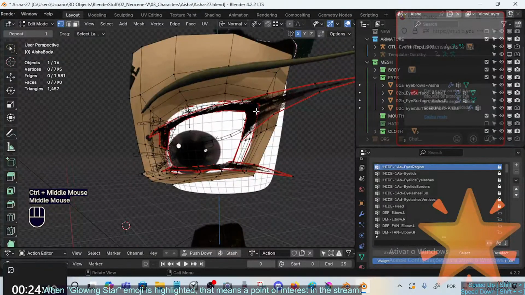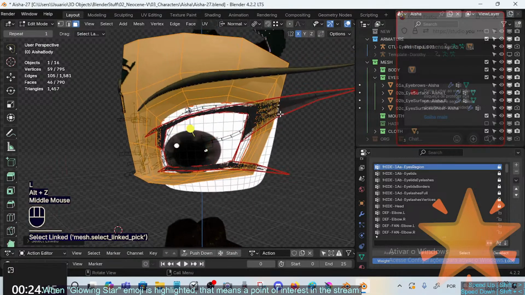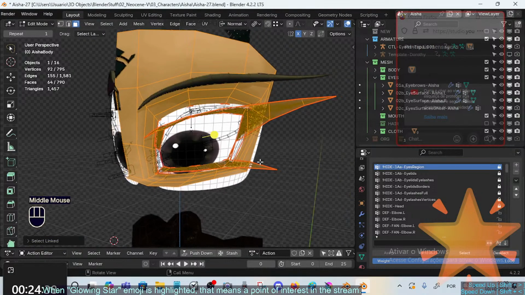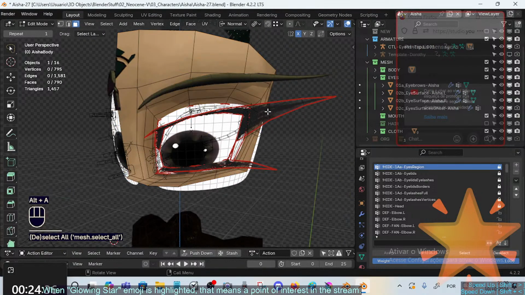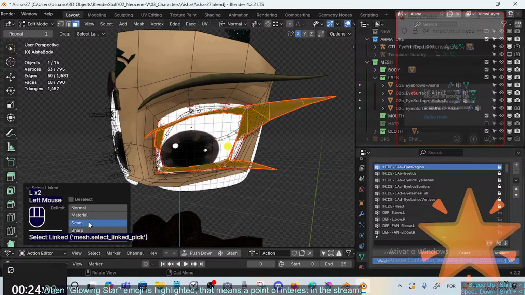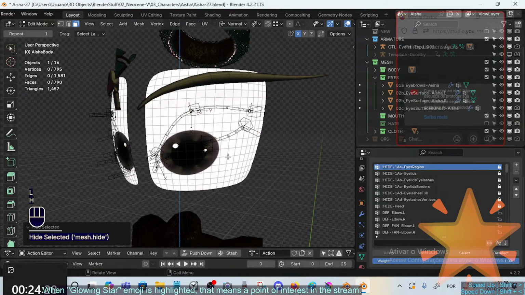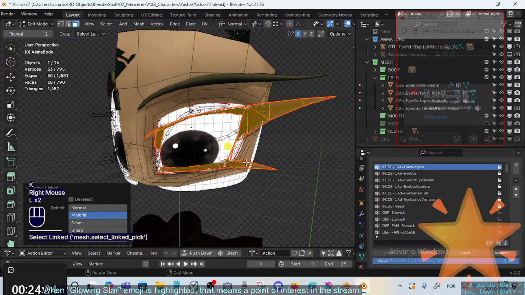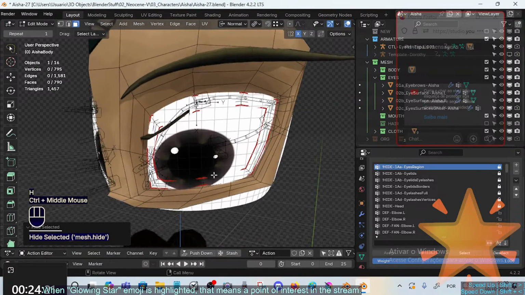The eyelashes, we don't want to be looking at them, so faces, select mode the faces, right? And also the material, link material. Well, seam also works, but let's use material here. Hide here. All right, then